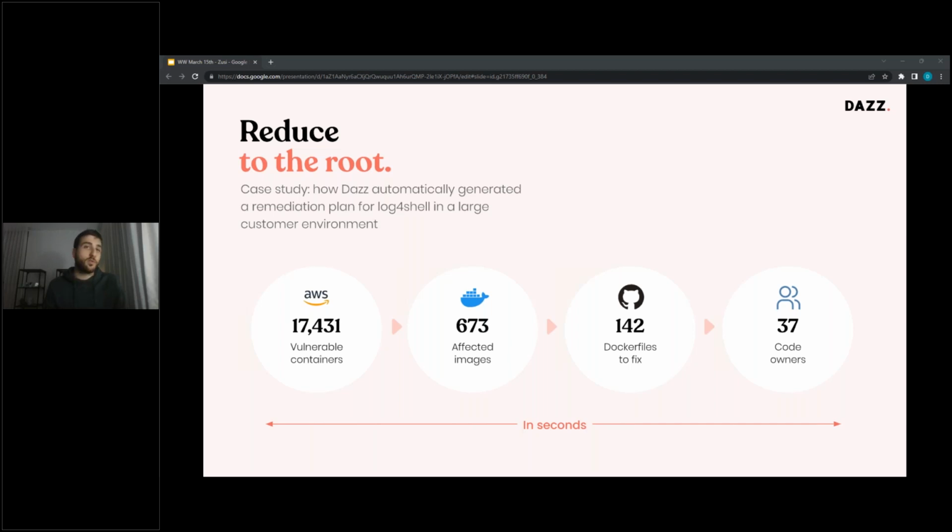that all of those vulnerable containers are actually coming from like 600 and something affected container images, right? Those images are actually coming from 100 and something Docker files that the fix should be within them, right? And those Docker files are actually owned by about 40 developers, right? So now you can create a burn list and start actionizing on it, and it seems much more reasonable to actually tackle such a big impact in your environment